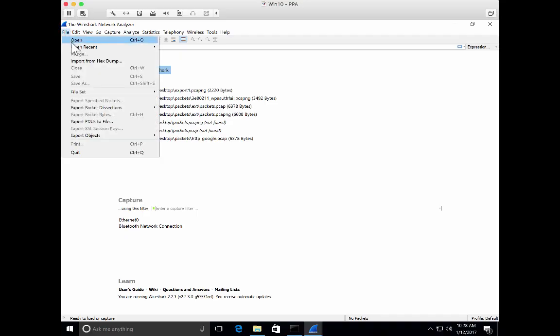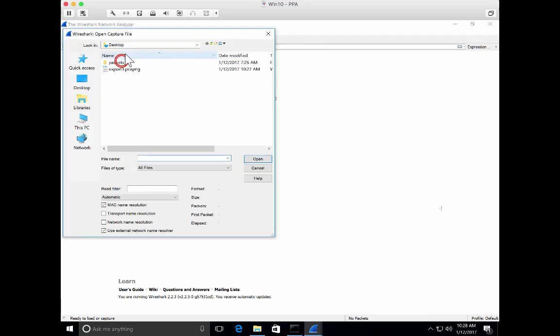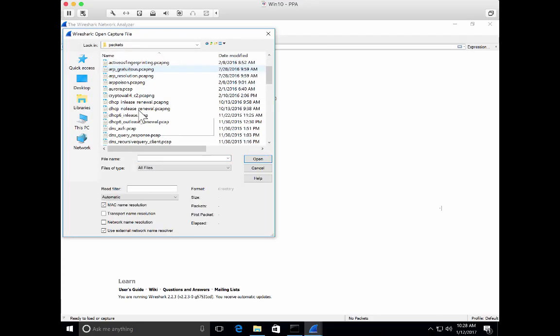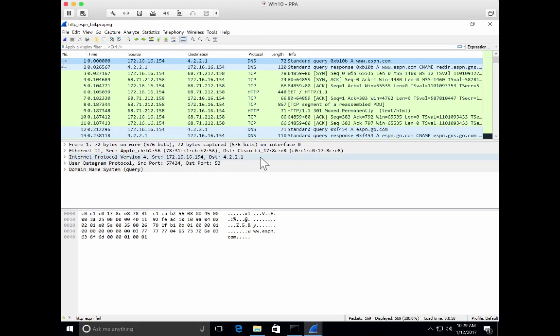So I'm going to open back up the same file I just had open, the HTTP ESPN fail file located in this packets folder. So we've got that back open. We've got our capture that has 569 packets in it. We have a couple other ways we can identify packets we want to selectively export. Of course, I said the most common is going to be to use a display filter, but you can also